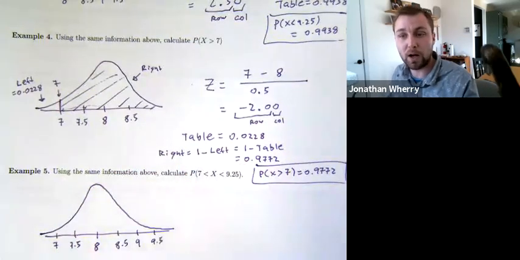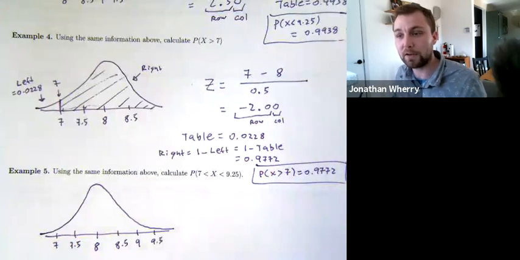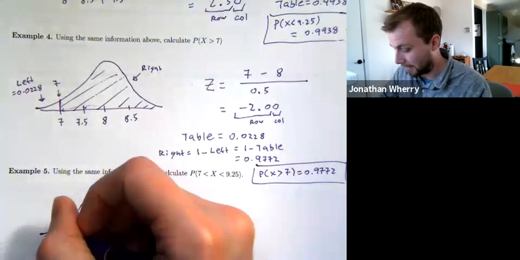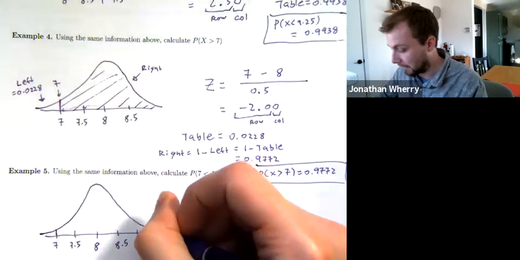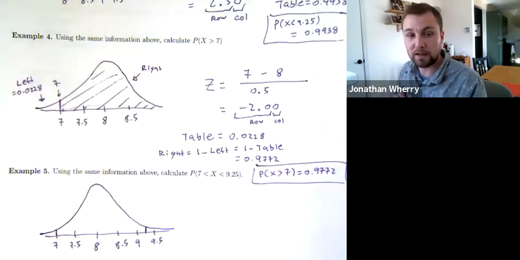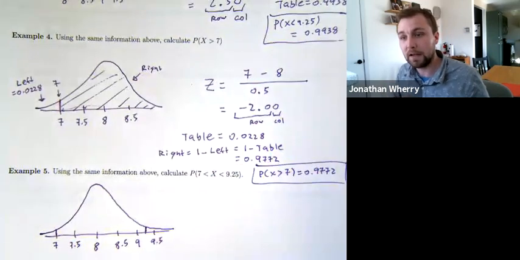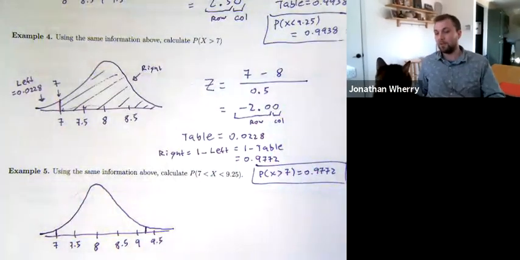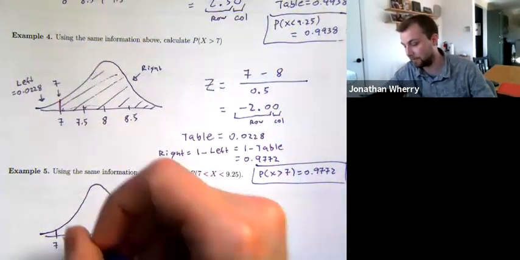Unlike the problem before, where I only had one value at a time, for this one I have two values that I'm working with. I have both 7 and this value up here at 9.25. And I'm going to be shaded between these two numbers, so I'm going to shade between the 7